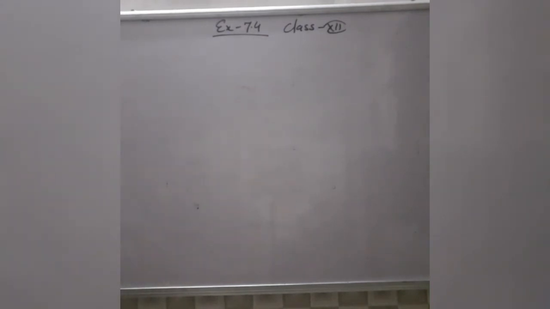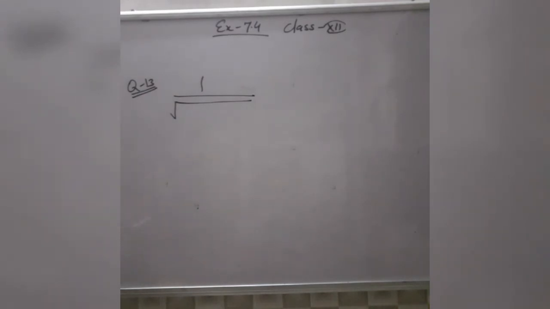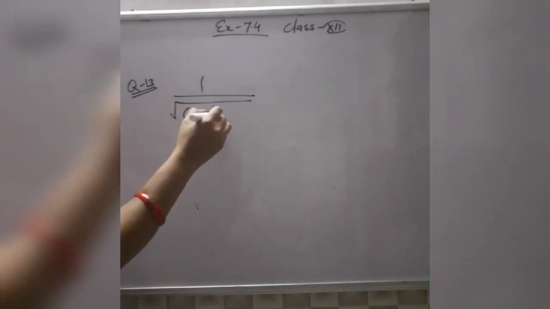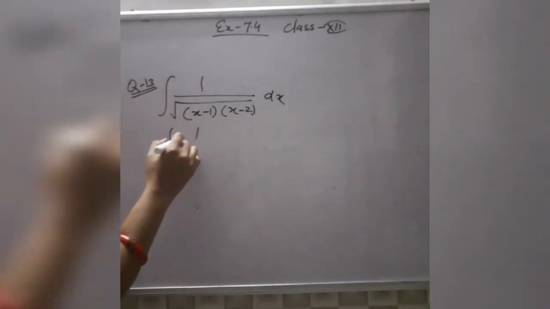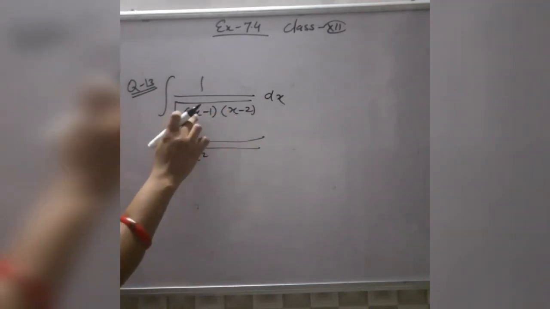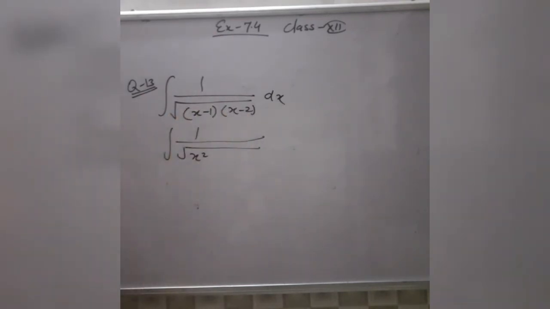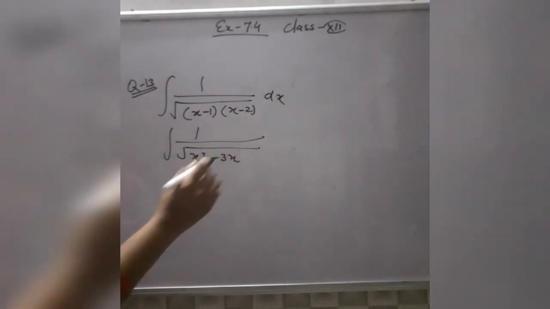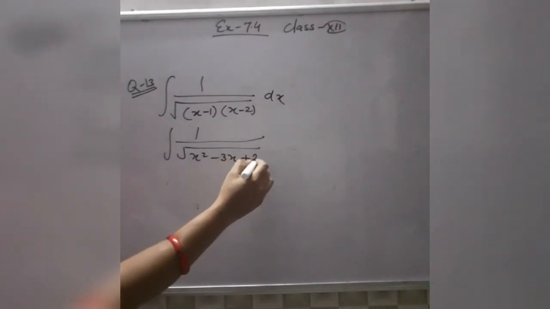In question number 13 again 2 factors are given to you. These 2 factors are linear factors, x minus 1 and x minus 2. And all of you know that when 2 linear factors are multiplied with each other, it gives you a quadratic equation. So now you will multiply these 2 factors. It gives you x square, x is multiplied with minus 2, minus 1 is multiplied with x, minus 2x and minus x, it becomes minus 3x. Minus 1 is multiplied with minus 2, it becomes plus 2.